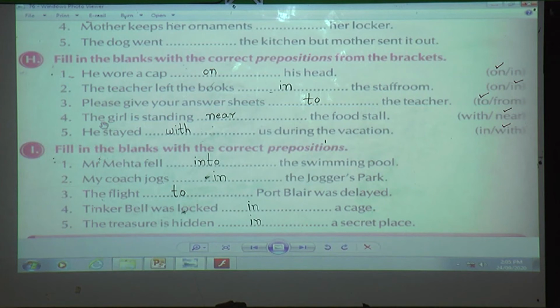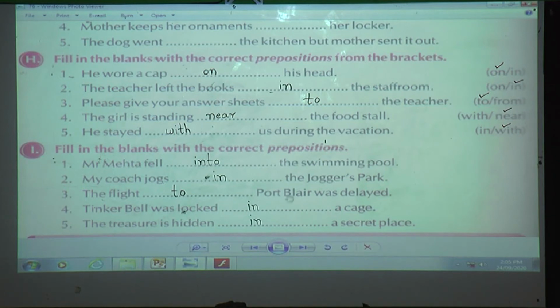Done? And in this way we have finished with our lesson, that is preposition, that is lesson number 22. So I have done two parts. In part 1 we have seen some of the prepositions, and today which prepositions have we seen, students? Yes, we have seen from, to, for, on, over, under, below, above. Then in, into, out of. Okay, and then we have solved all the exercises also.